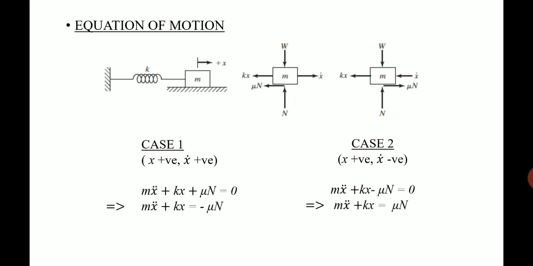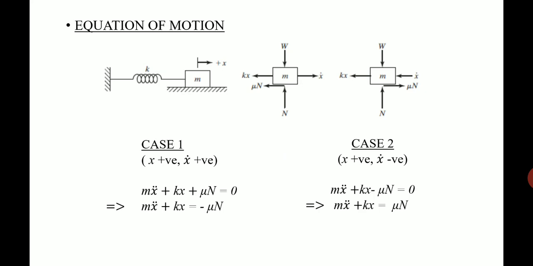Now in the second free body diagram, the condition they have mentioned is that the mass which has been displaced to an extreme position is now coming back to the mean position. In that case, the velocity x dot shown in the second figure is directed towards the left. Okay, the velocity is directed towards the left because the mass is moving back to the mean position, but the displacement and the applied force is still towards the right, because it has moved towards the right from the mean position, not towards the left.